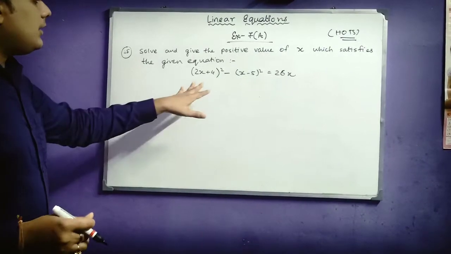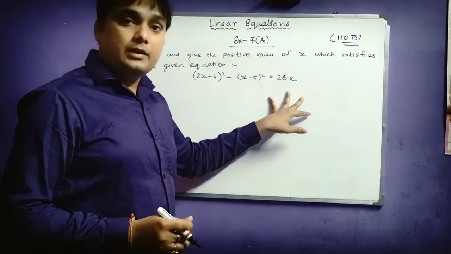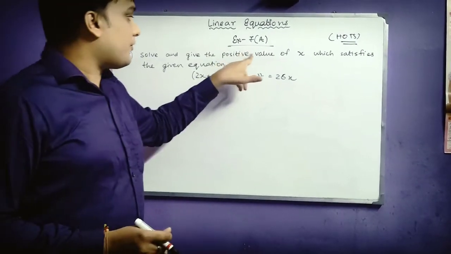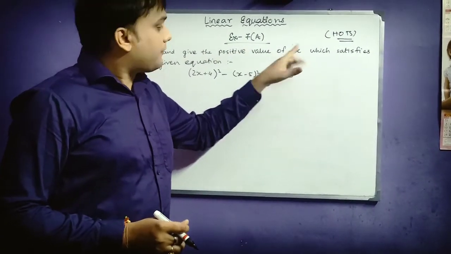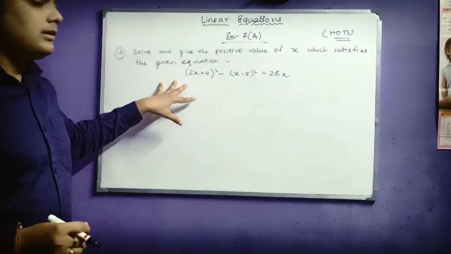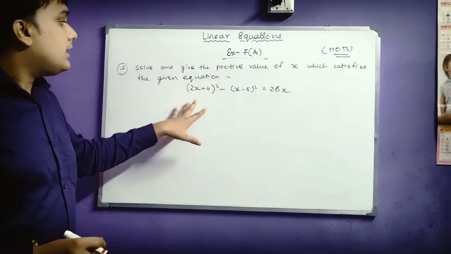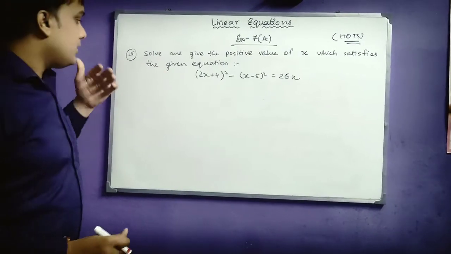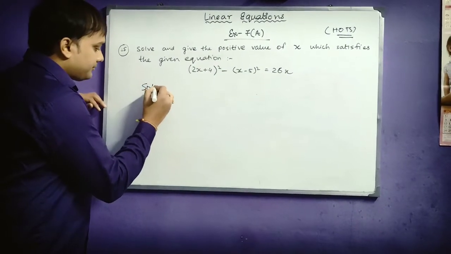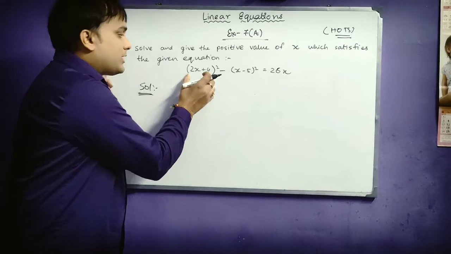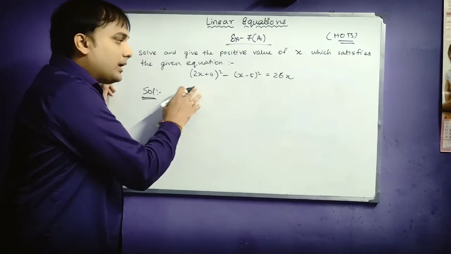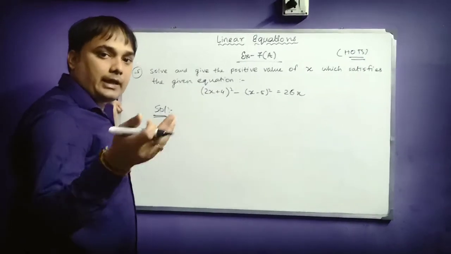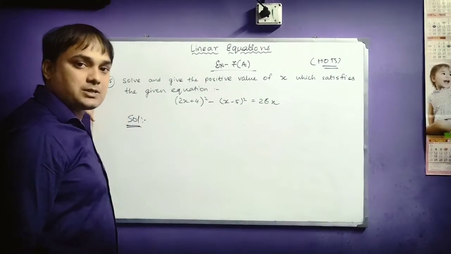Okay, I will be showing you what I actually mean by this. You can see one equation is already given here and the variable is x. Okay, and we are required to find the positive value of x. Definitely whatever value we get here as a positive value of x, it will definitely satisfy this equation, but that we will check. So let us solve it. So students, 2x plus 4 whole square. You are aware of this formula, okay? This is nothing but a plus b whole square, a square plus 2ab plus b square, okay?